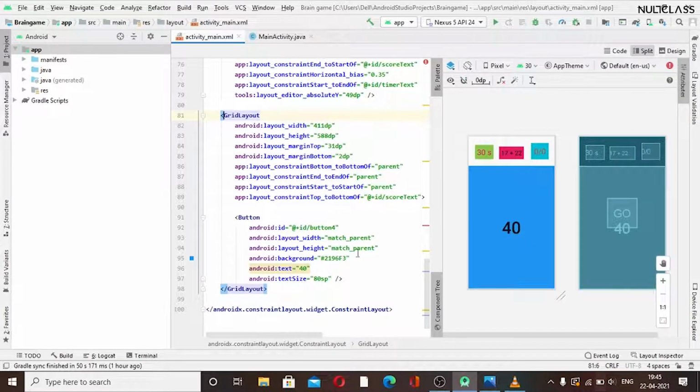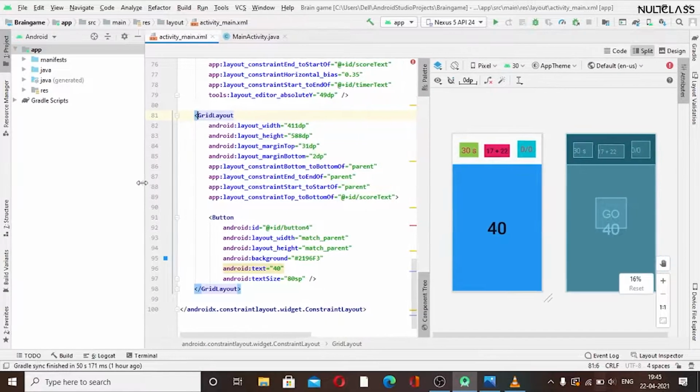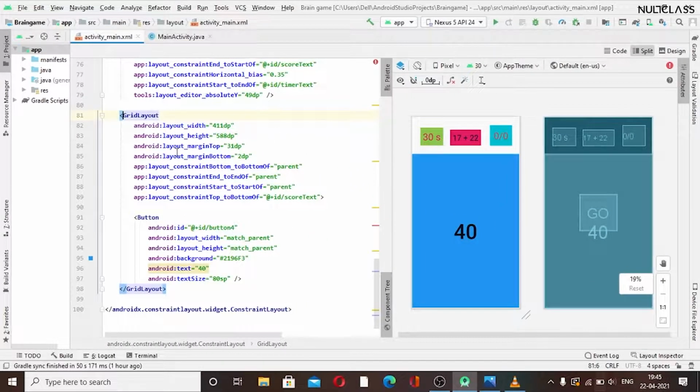I will show what happens when we write the code. So I will increase the area here so that I can show you. And now we can see that we have default inserted code. As we add a button in our visual side, we get this much code already here. So we have changed the text size here, and also we have changed the other things. These are by default. Okay, so we have to add a few things here.